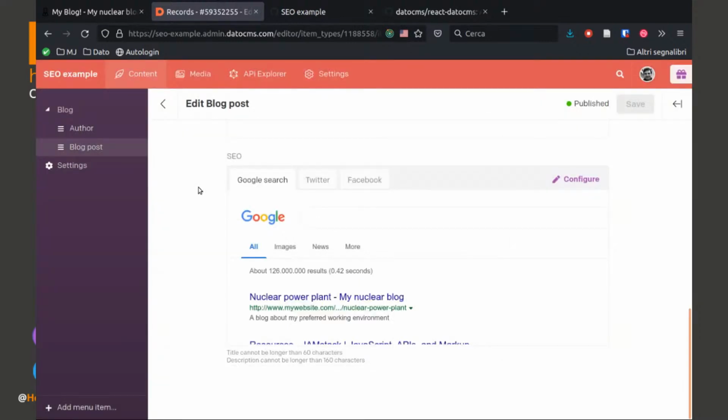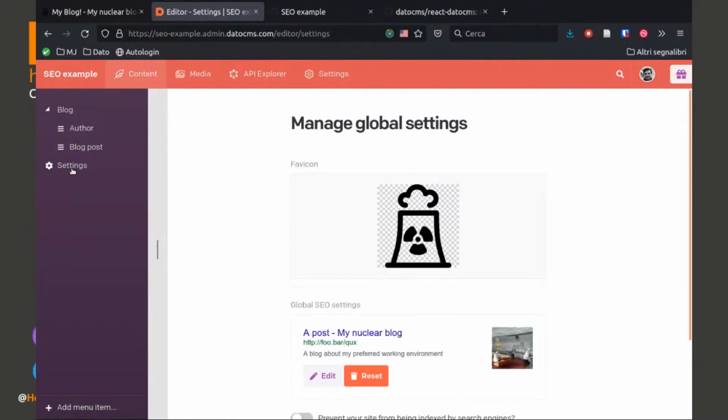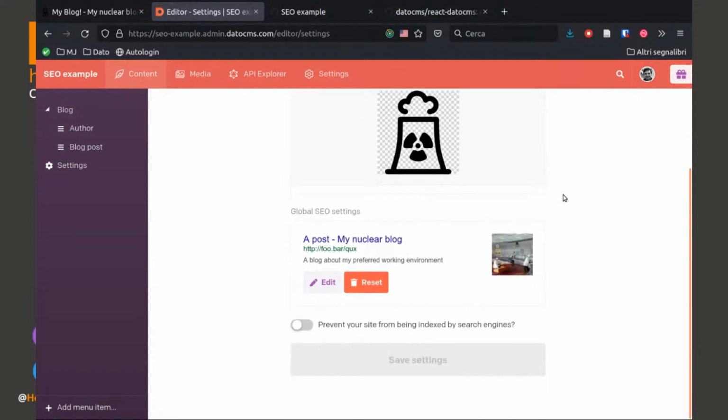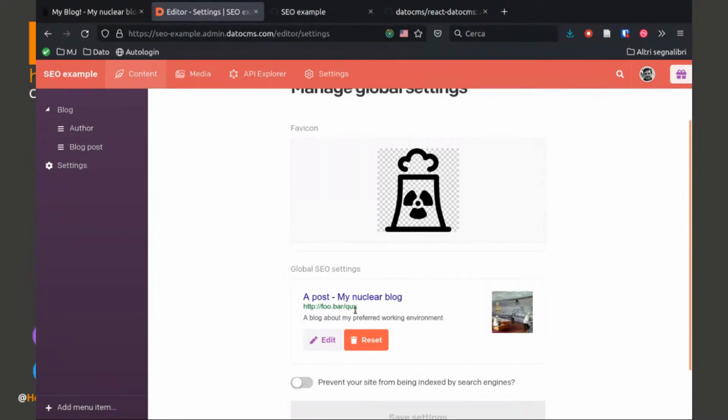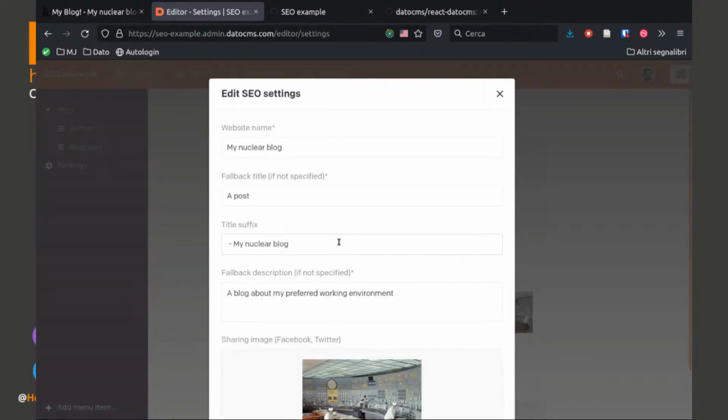Then each project by default gets these global settings, and these global settings are mostly SEO related. Actually, only SEO related. We have the favicon you can set, and also some fallback or global